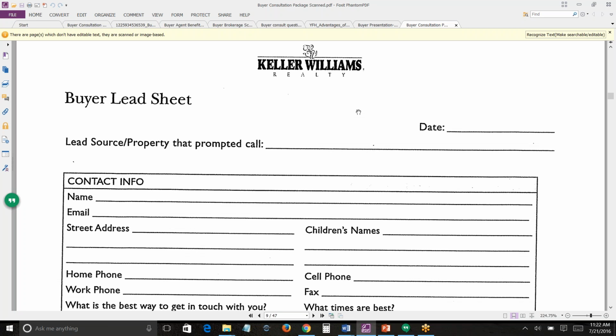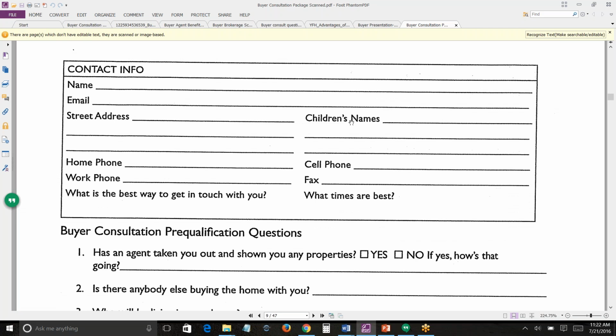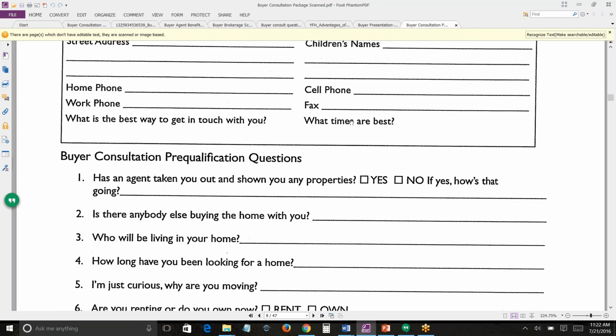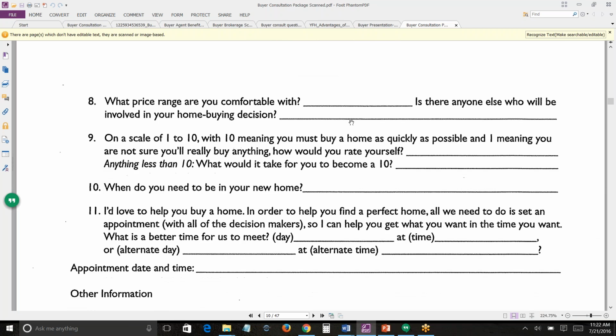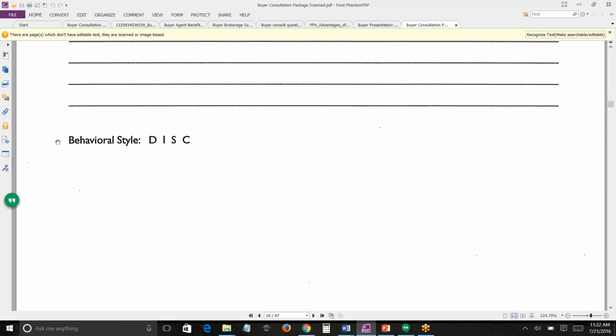And this is just a way for you to capture contact information. These are some pre-qualification questions. Not bad. The DISC profile, you can somewhat tell by the way you're talking with people as to whether or not